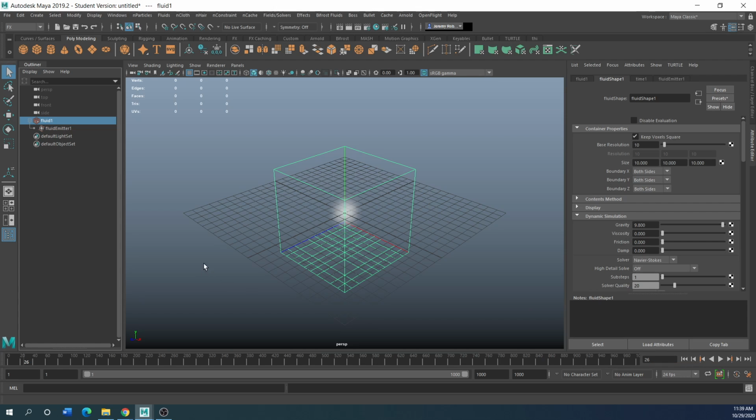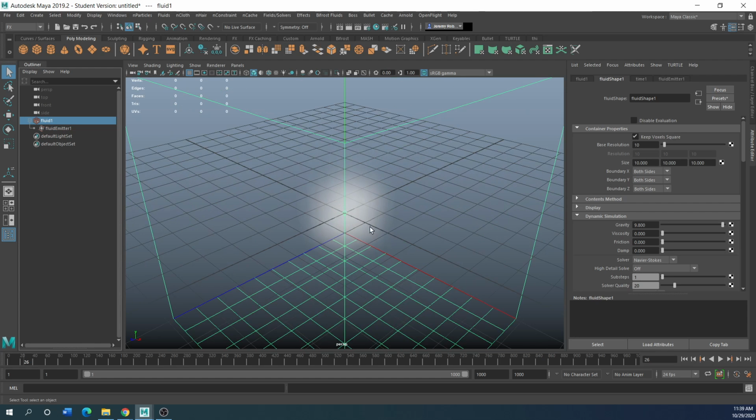Some of them you can, the majority of them you cannot though, so you'll need to stop it and start it to adjust certain things, especially the base resolution. If you're keeping your voxels square, and that's talking about basically these resolution values coming in here, it's going to flow a lot faster. But if you want to adjust the resolution of this grid,